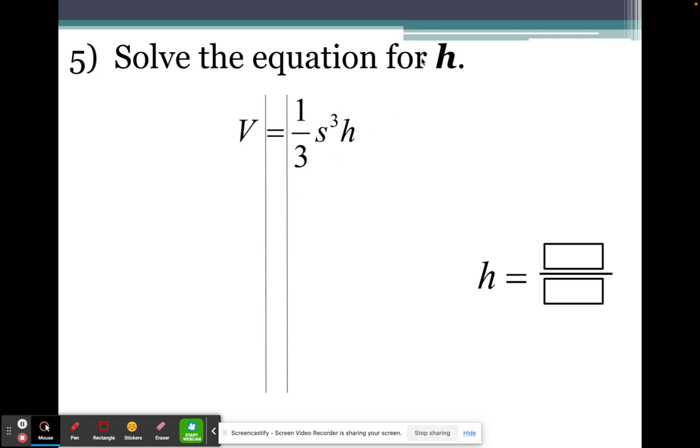Wow, now I have a whole complicated looking thing. I believe this would be the volume of a pyramid. We can solve for H. So I need to get rid of everything else. I'm going to get rid of this fraction first by multiplying by 3, the reciprocal of 1 over 3. I can write 3 over 1 if I want. That will cancel out. I have to multiply this side also by 3. So now I have 3v